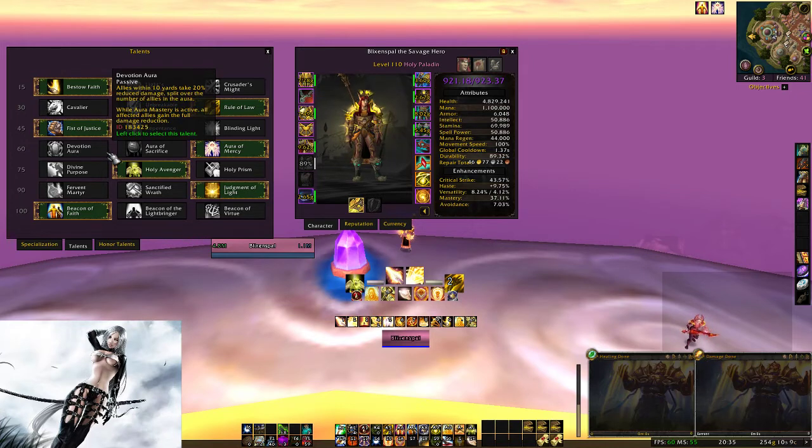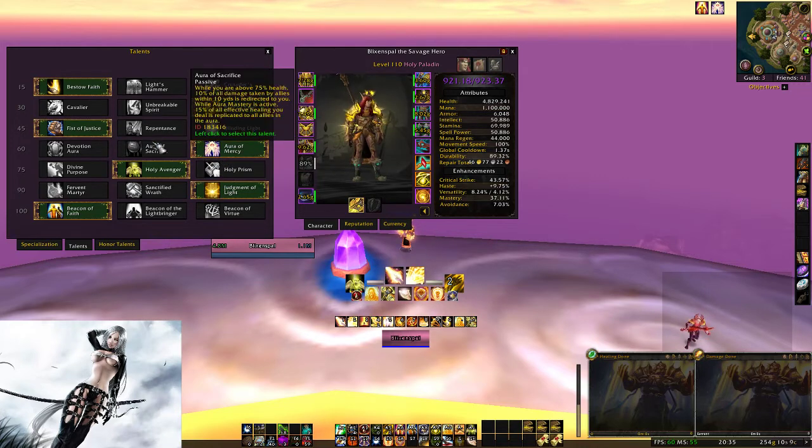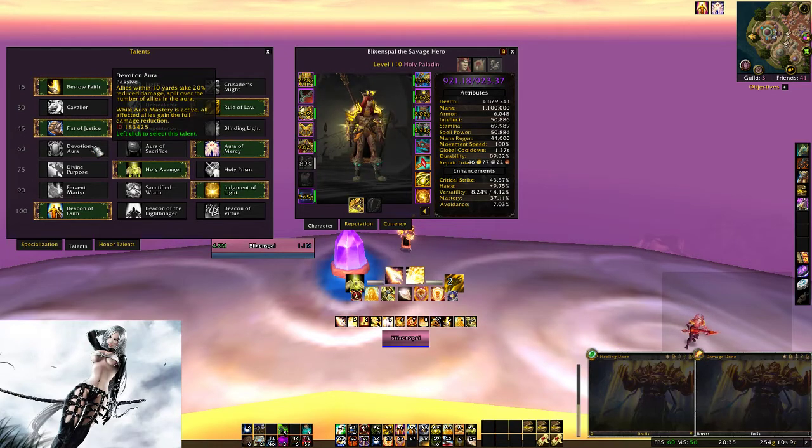Devotion Aura, it's really only for the Aura Mastery. Same with pretty much all of them. You really want to pick your Aura depending on what their Aura Mastery gives. That's why we pick what we pick. So Aura of Mercy, it's going to heal everyone within the 40 yards, and it increases healing by 100%. Devotion Aura